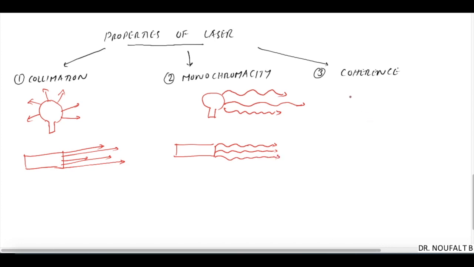What do you mean by coherence? Coherence is nothing but a fixed relationship between radiations of a particular beam having the same wavelength. As I told you, here all radiation in the laser beam has the same wavelength. So each radiation will have a particular waveform with a trough and crest. These are crests, these are troughs. So in the laser beam, all radiation will have a fixed relation so that all the crests and all the troughs will coincide. This fixed relation is known as coherence.